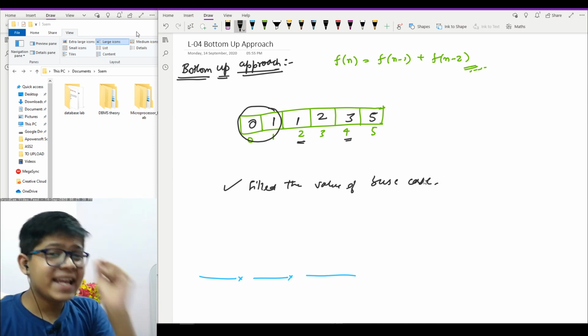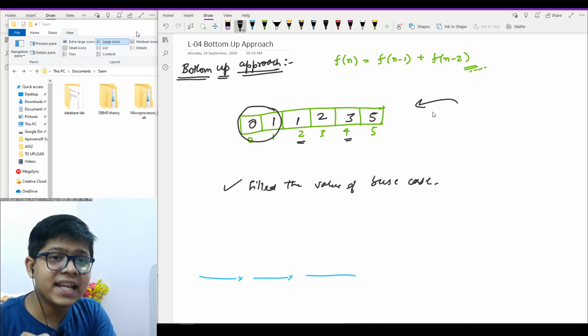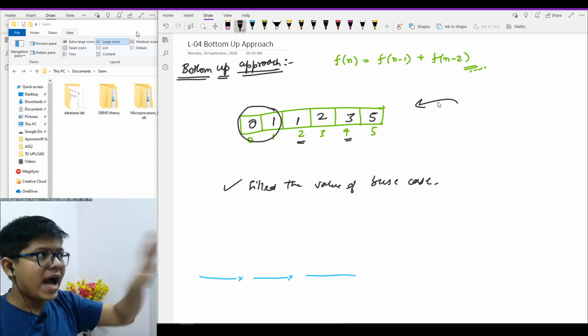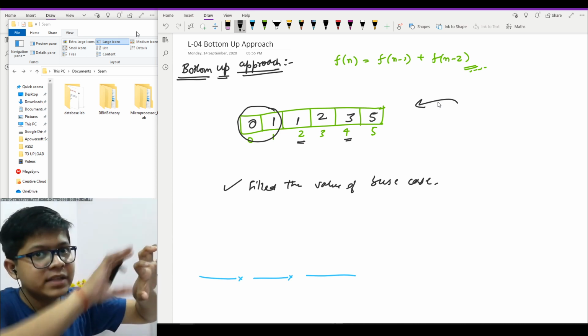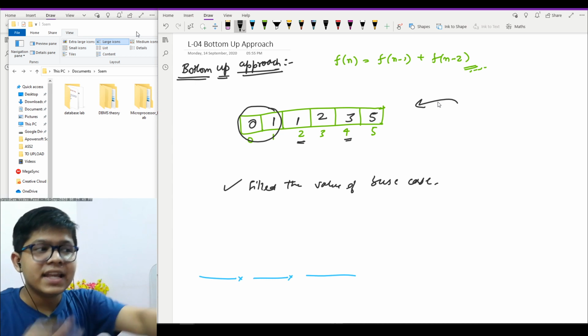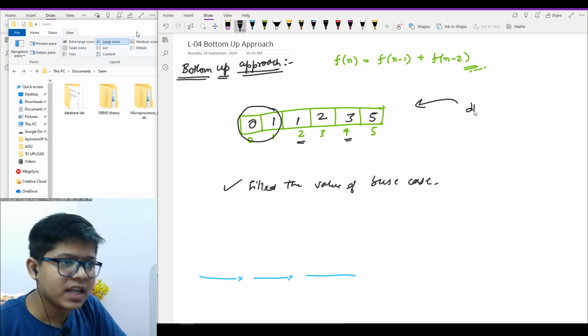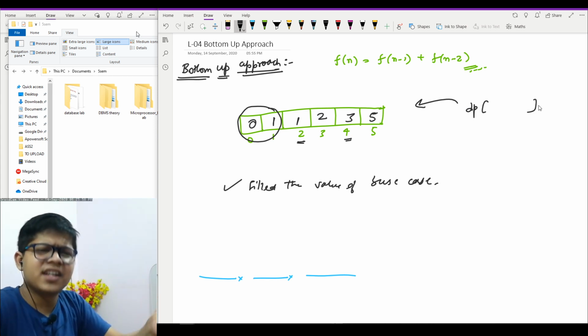I did the same thing, making an array for the memory part to store the values, to map my input with my answer, for the nth number my answer. I used an array. I will represent it by dp, and I will give my size as 1e5, like in general.